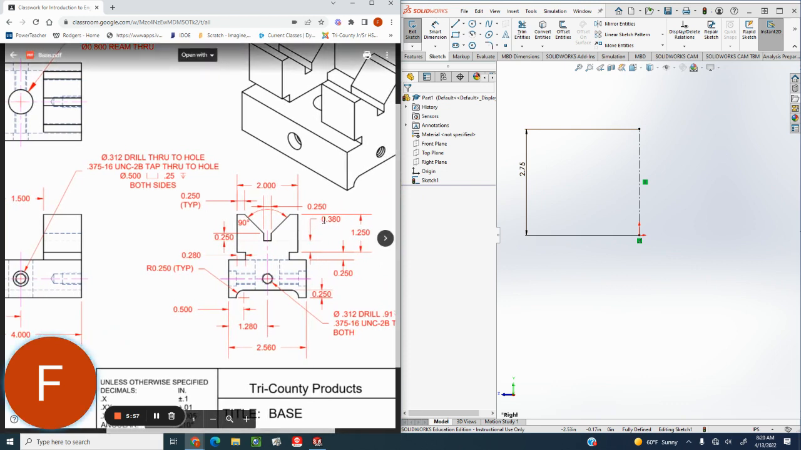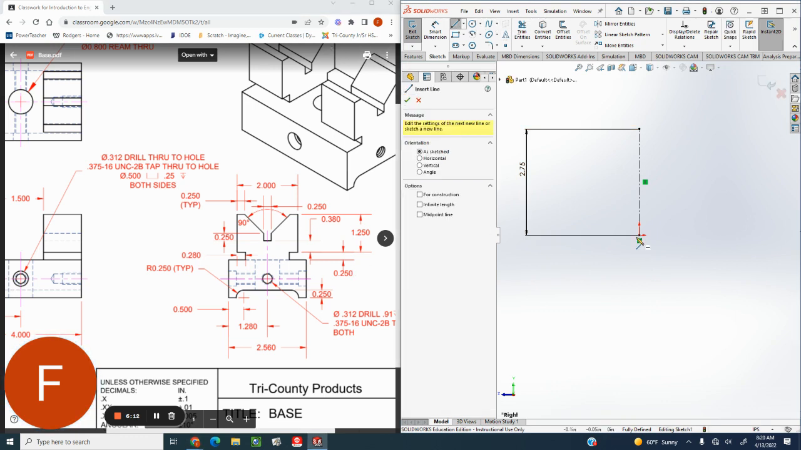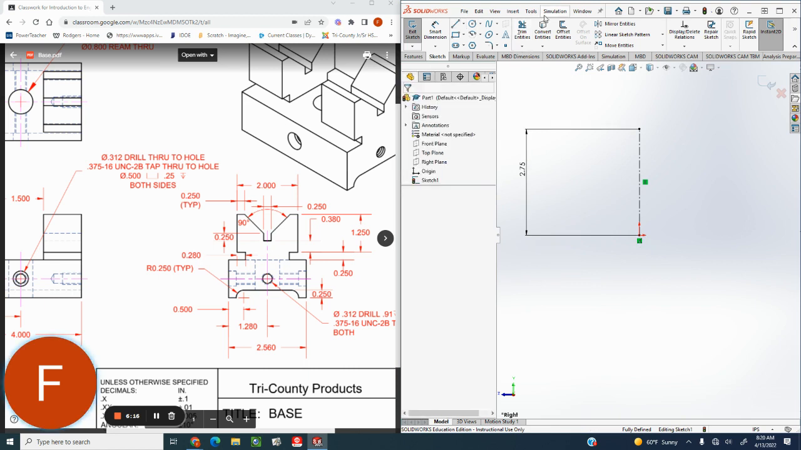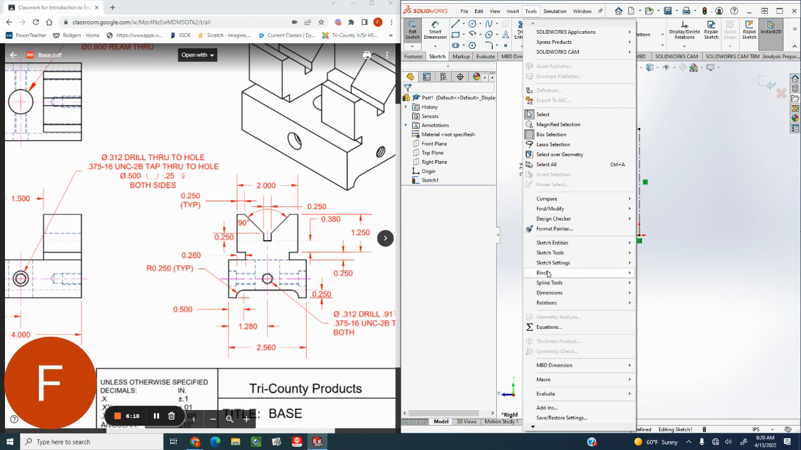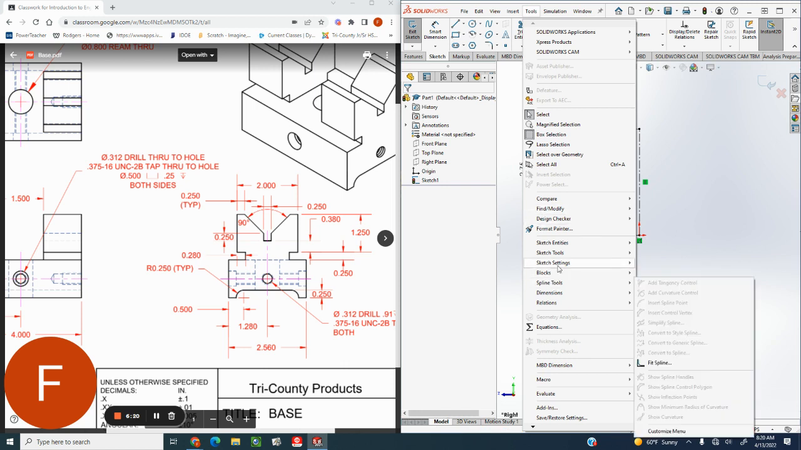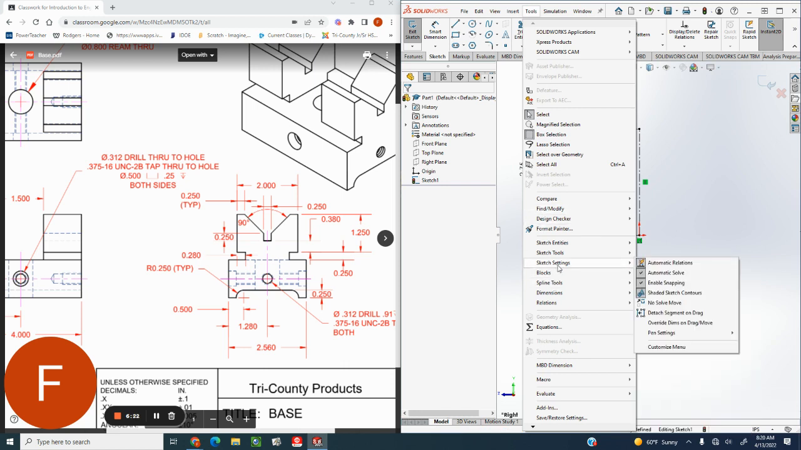So we'll be trying to calculate that down from the top. So if we have 2.75, then the top of this part is going to be 1.5 inches down, which leaves us with 1.25, I think. So let's go ahead and start sketching the shape, and let's turn our dynamic mirror on